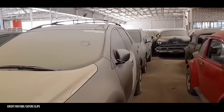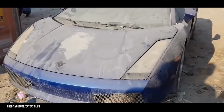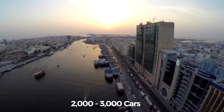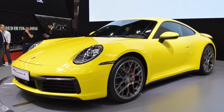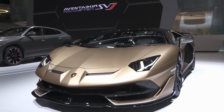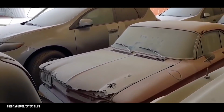Today, we're going to talk about how the Dubai Supercar graveyard came to be, what cars can be found inside it, and mourn the fact that we can't rescue them all. On average, 2,000 to 3,000 cars are abandoned in Dubai every single year. And these aren't just Honda Civics. These are Porsches, Ferraris, Rolls-Royces, and Lamborghinis just wasting away on the streets. But buckle your seatbelt, because we'll dive into some of the specific cars a little later, including one that's worth